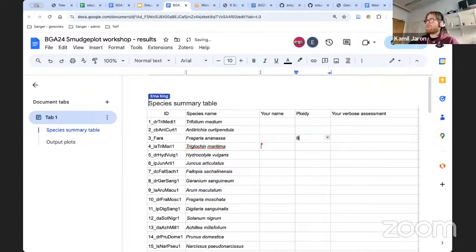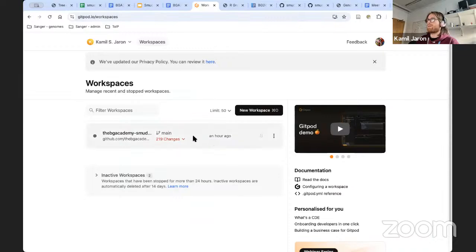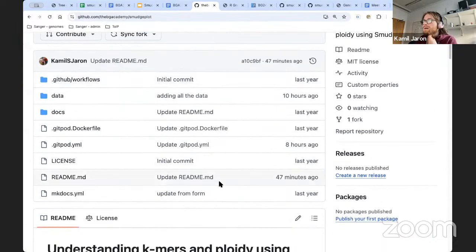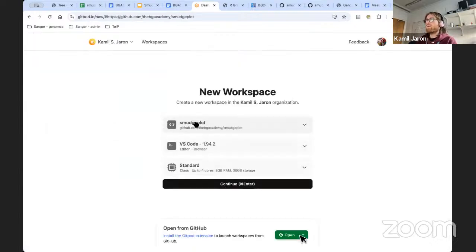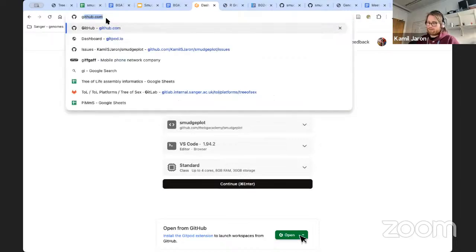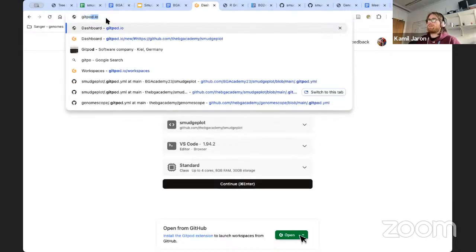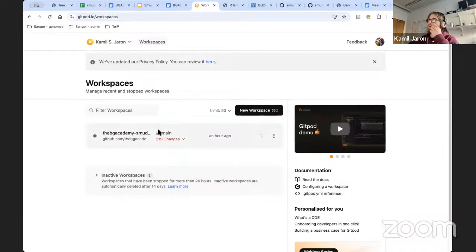And all those data sets have corresponding directories in Gitpod. So if we go to Gitpod, oh, that's not Gitpod. Okay, oh, it was start a new one, right? I don't want a new one. I already started one.